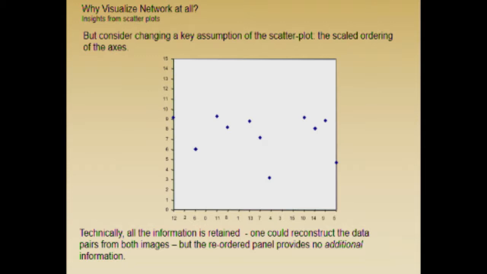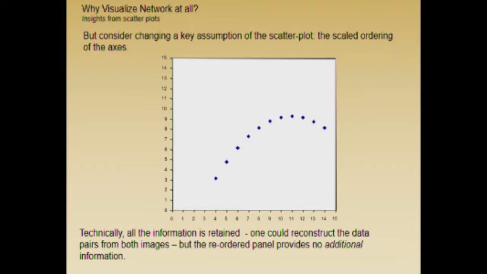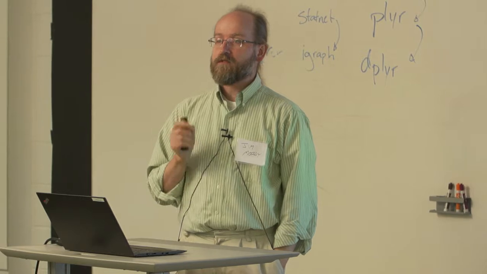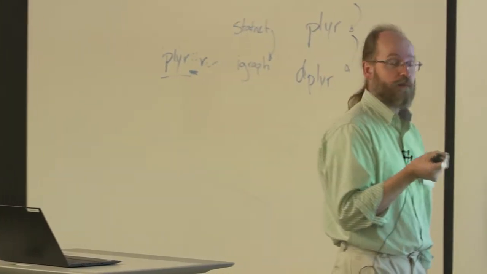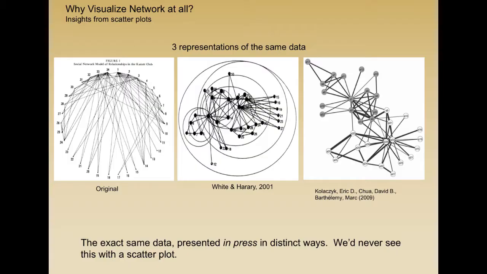But it's silly. And the reason we don't do it is because we know intuitively that there's an ordering, and that ordering creates a relationship between the two that gives us this correspondence of slope and rise over run and so forth. The problem with network analysis is that we don't have that kind of a basic intuition space. We don't have an x and y axis that we can put things in. And so this, for example, are 3 published versions of the exact same data. These are the Karate Club data. And this is how it was originally published in Zachary's dissertation. A circle plot is useless, right? And these others are nearly as bad.